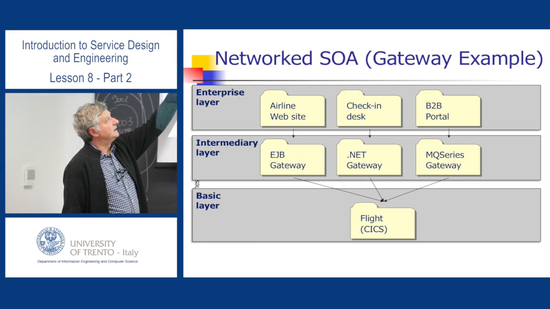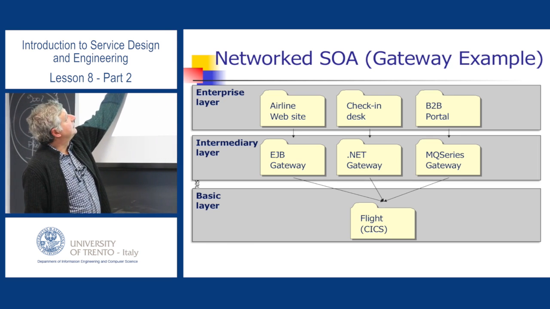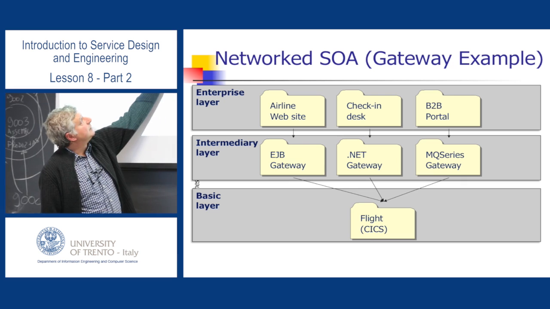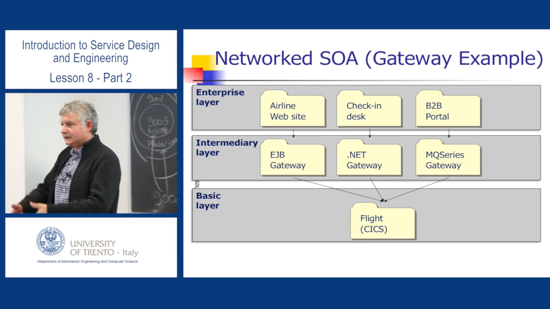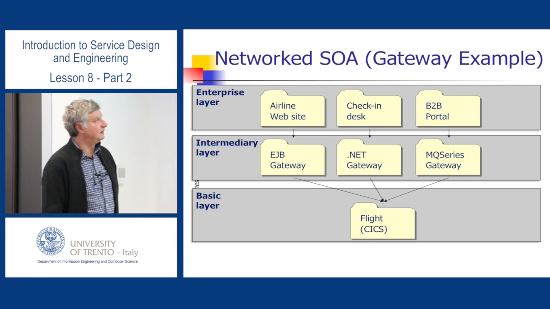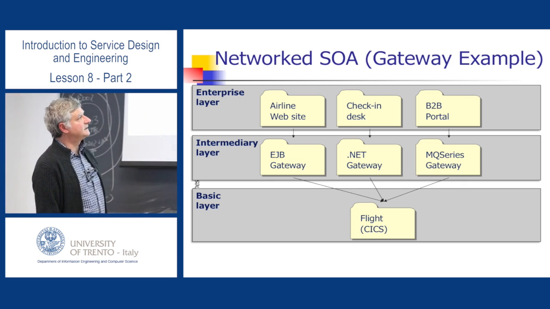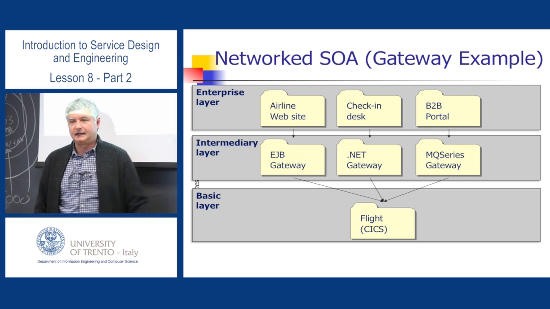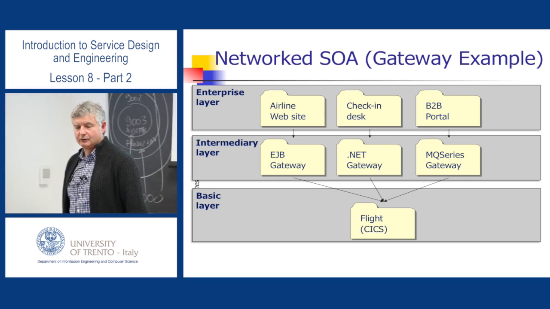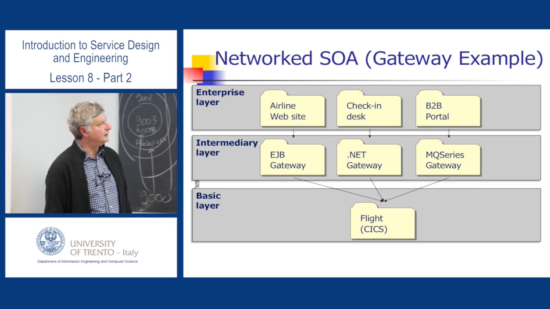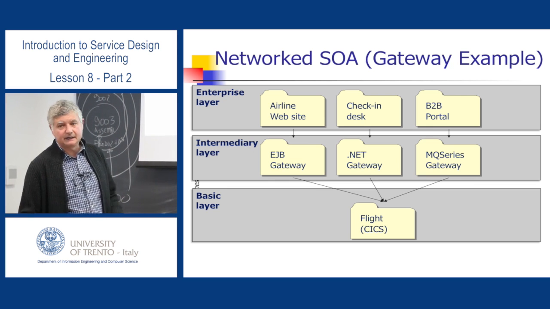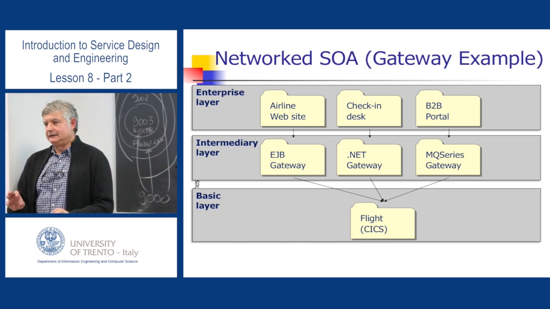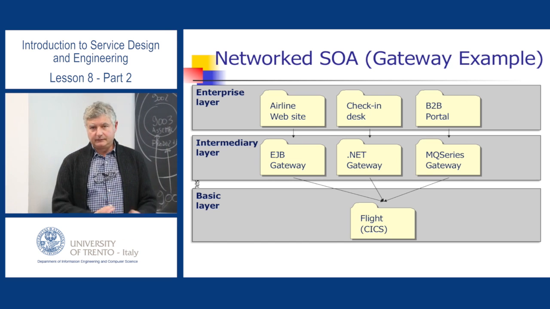This one is probably based on Java Beans, so it's web-based. This is maybe a different application developed with .NET, so it's a standalone application with its own graphical user interface. It's not web-based, and this one is just a direct end-to-end, maybe command line terminal user. So that's another way of using these design patterns for solving